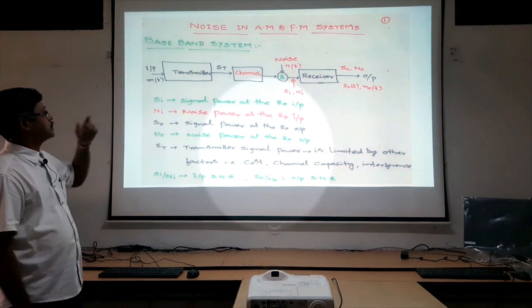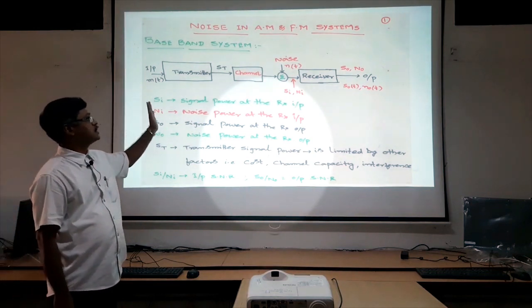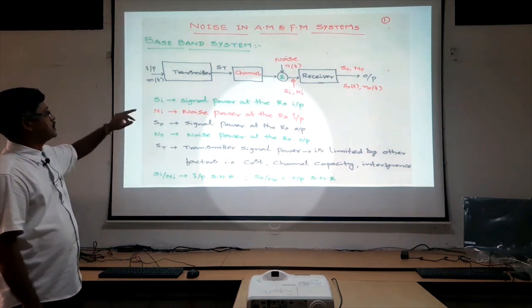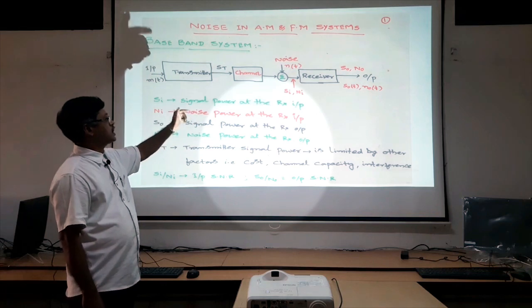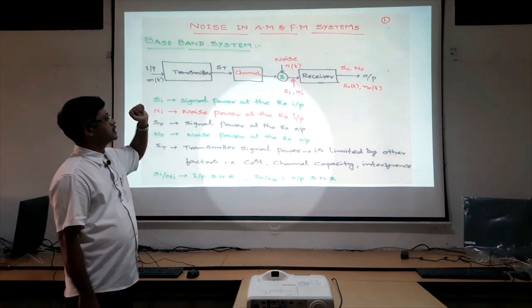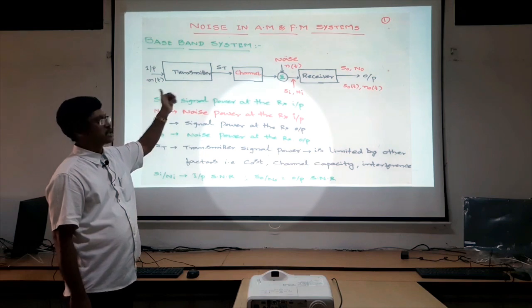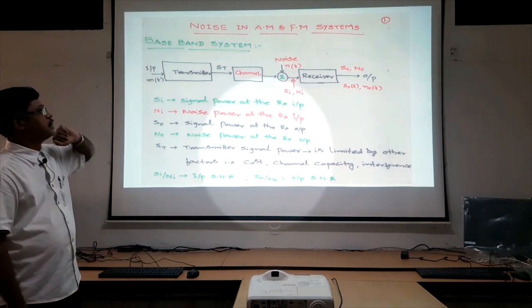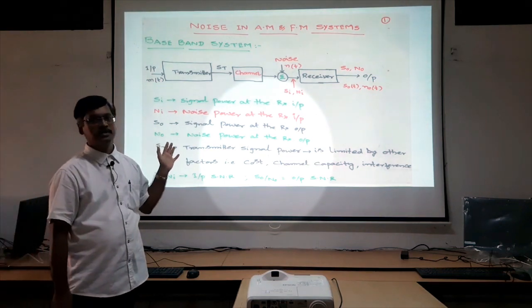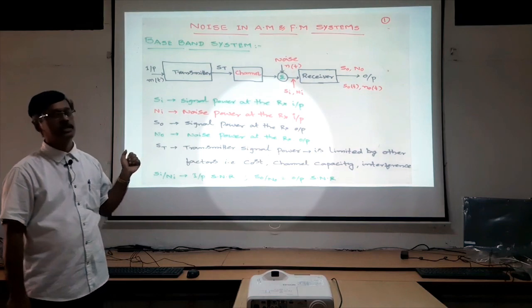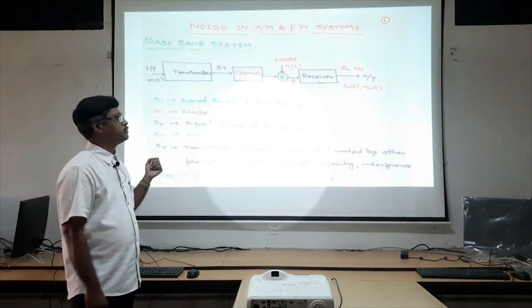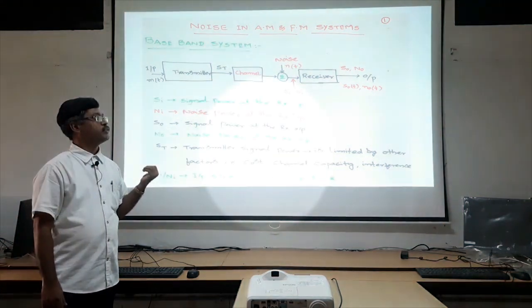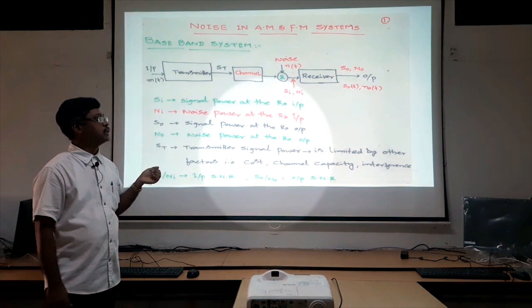So let us focus on the baseband system, which has the transmitter, the communication media channel, and the receiver system. The receiver has both the incoming modulated signal as the receiving signal and also external noise, which we can call N of t, white noise or Gaussian noise. Now, the performance of the communication system is basically defined in terms of the signal to noise ratio, because it is one of the important parameters to define the quality of the communication system, where we can define the quality in terms of selectivity or fidelity.